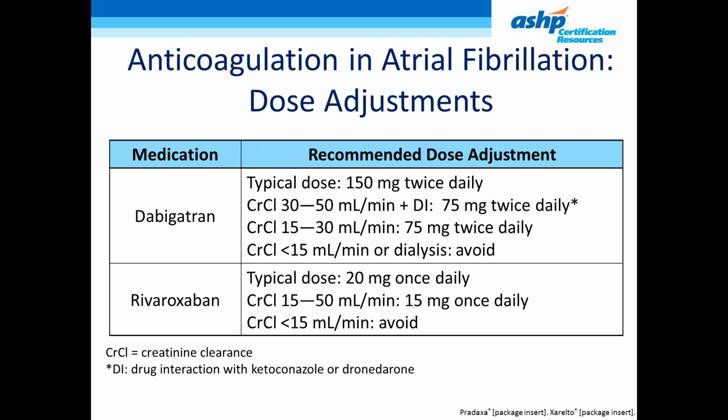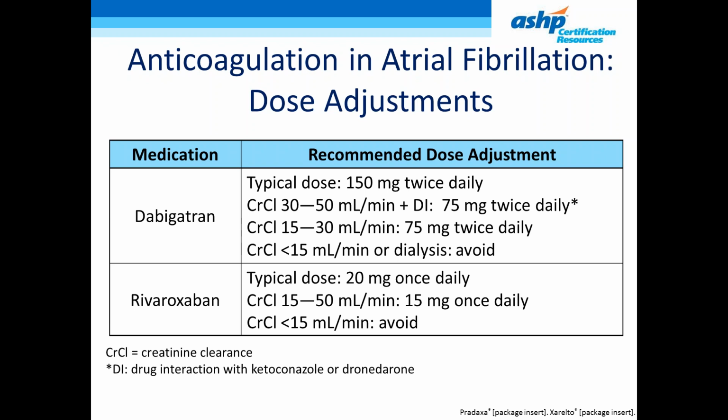If we look at the dose adjustments that are required in those patients with renal insufficiency, we see that it is based on the patient's estimated creatinine clearance. So for dabigatran, the typical dose is 150 milligrams twice daily. For patients with a creatinine clearance of 30 to 50, plus a drug interaction, so drug interaction specifically being either